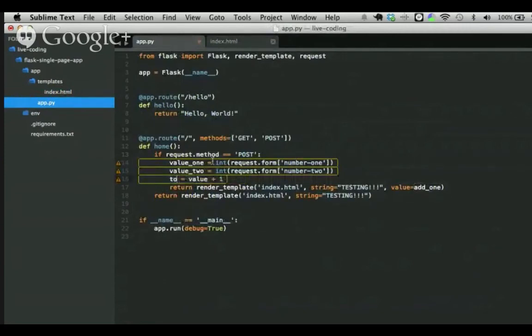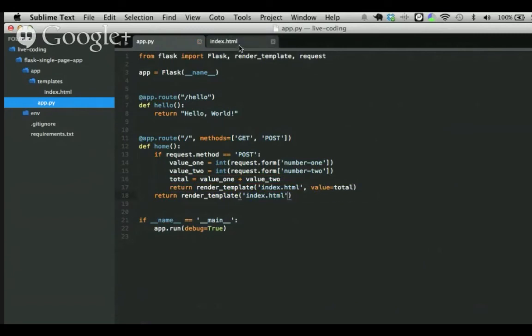And let's go ahead and change this to total. And we will total value 1 plus value 2. And then let's take this out, set the value to total. And I'll take this out here.